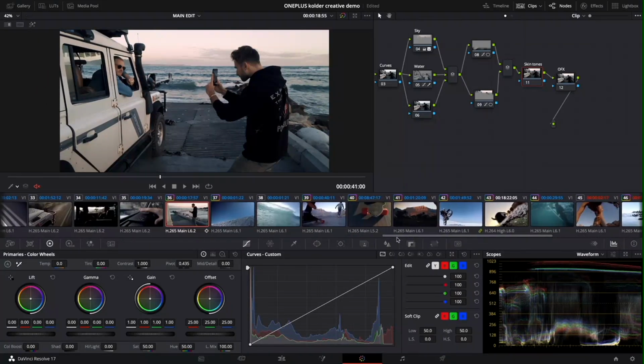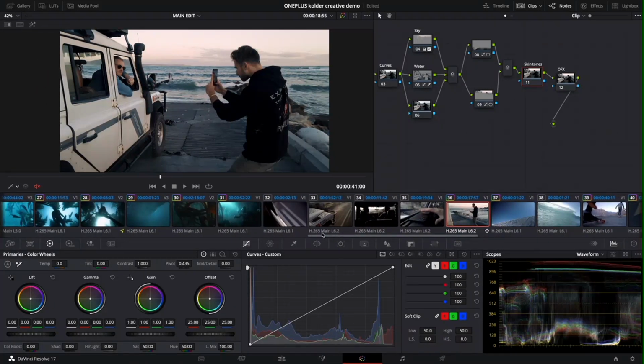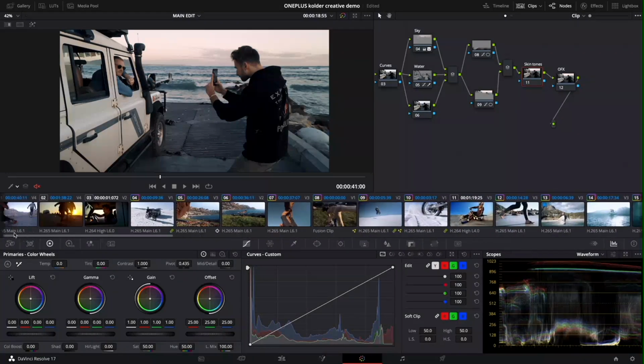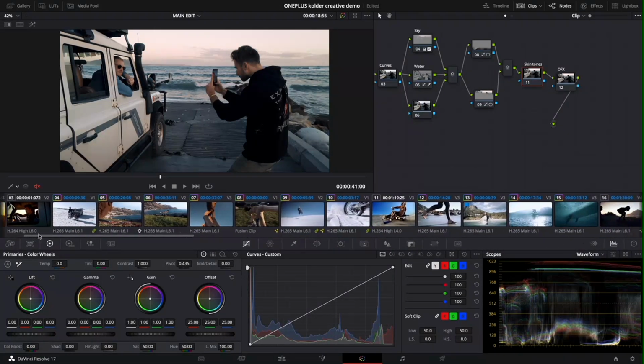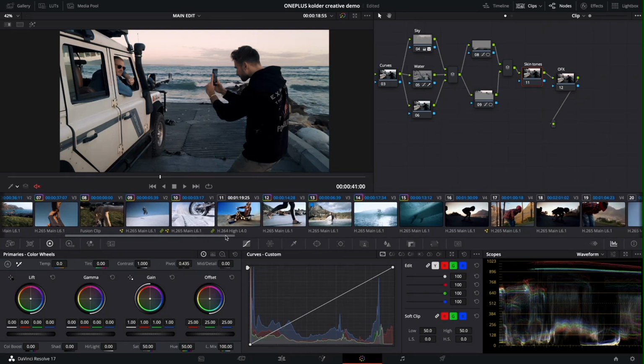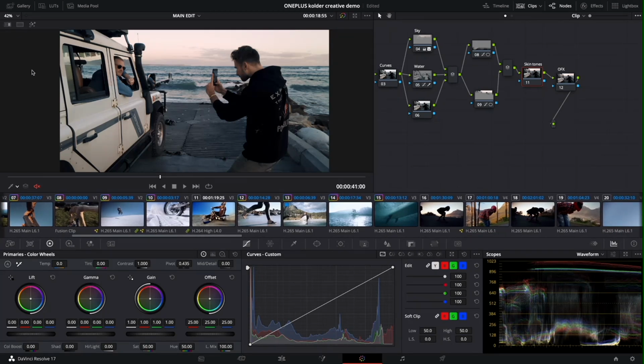And yeah, guys, this is the general process. I'm just going to continue to go through my timeline just like this. I'm going to apply previous grades to new clips to see if they work. I'm going to experiment with the saved stills I have in my gallery. If there's a clip that I find doesn't look good with any of the previous stills that I've made, I'll